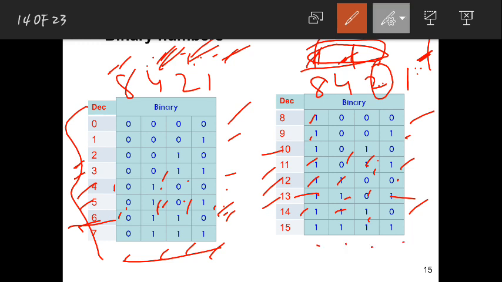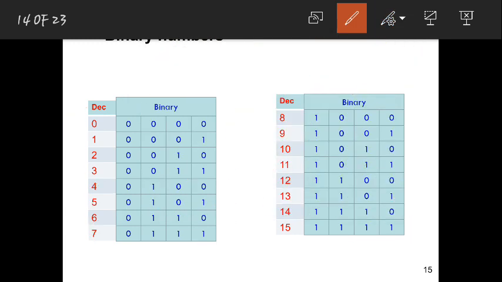So till here you have done this, but just imagine you wanted to write 16 or 17 in binary. So how to write? First of all, you can't write using 4 bits. Using 4 bits you can write only up to 15. Okay, you can start from 0 and end at 15 because 4 bits are required for writing these. Next, if you wanted to write 16 or 17 and so on, you need to have 5 bits.